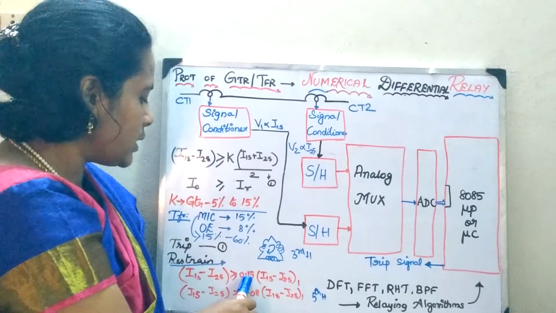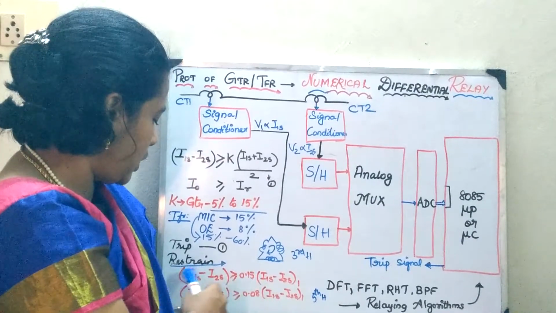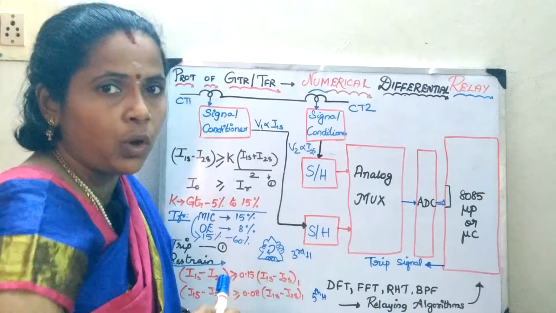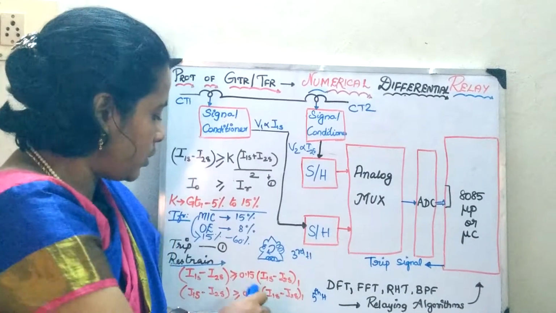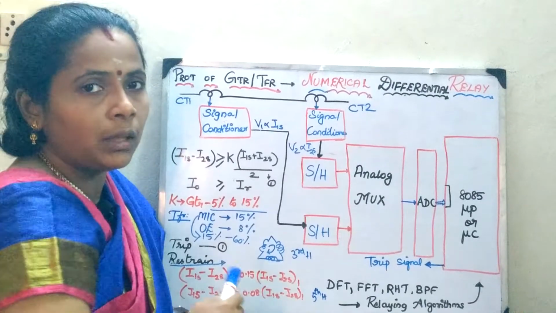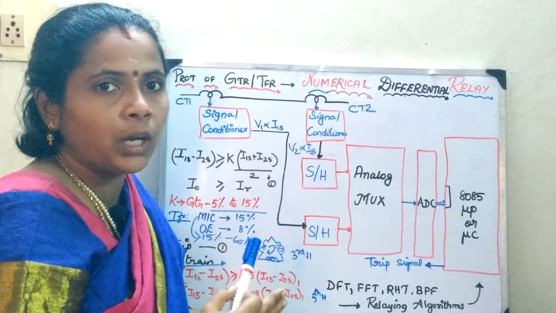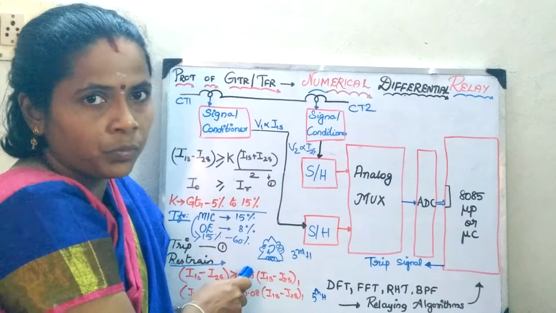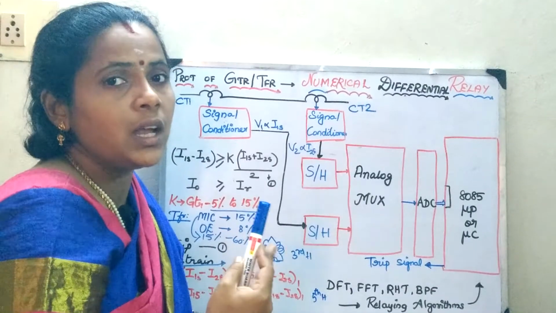When I consider the magnetic inrush current, it accounts for 0.15, whereas for the over excitation component of the transformer, which can also lead to the magnetic inrush, it accounts for 8%. So this 0.08 has been written here. The main drawback in case of the magnetic inrush current is that the second harmonic will be predominating, and we have to separate the fundamental component of 15% from it.